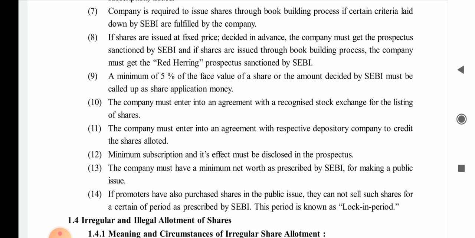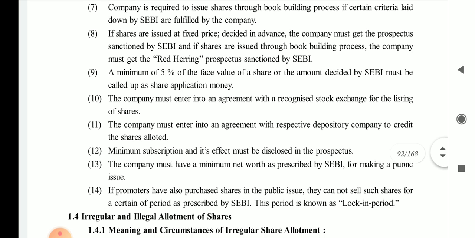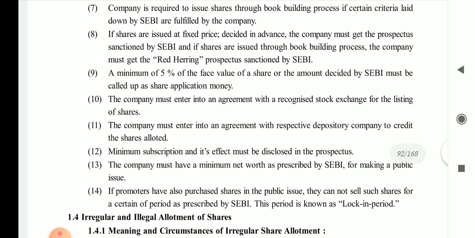If shares are issued at a fixed price decided in advance, the company must get a prospectus sanctioned by SEBI, and if shares are issued through the book building process, the company must get the red herring prospectus sanctioned by SEBI. See, if shares are issued at a fixed price, that is, I have decided the fixed price, then at that time they have to compulsorily prepare a prospectus and get it sanctioned by SEBI. But if my company's share price is to be as per the book building process,